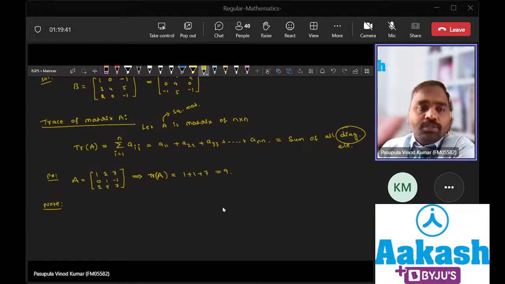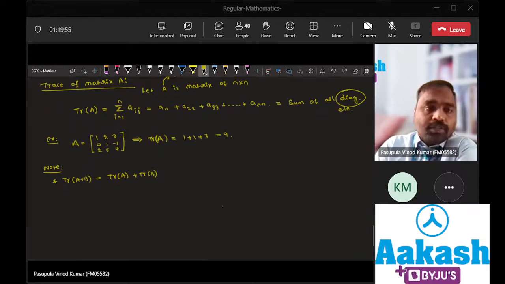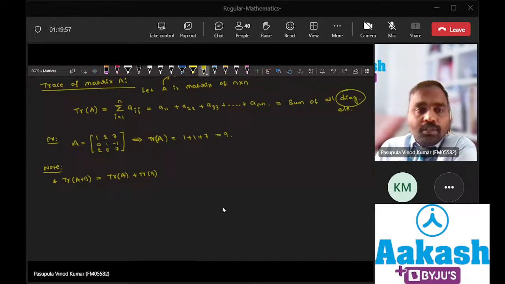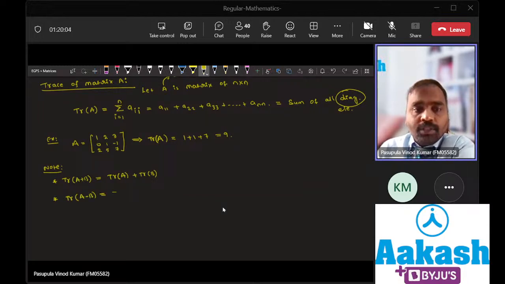Right. So let us say trace of A plus B is always equal to trace of A plus trace of B. And next, you can see trace of A minus B is equal to trace of A minus trace of B. And next, this is a trace of